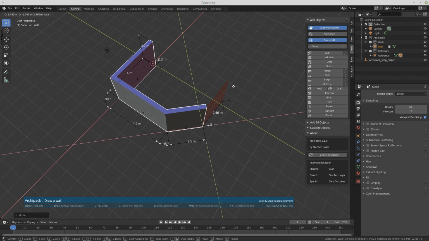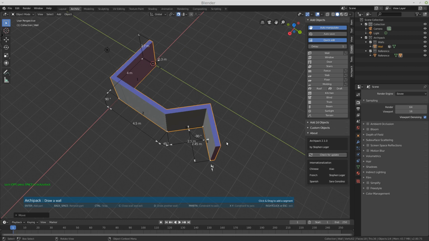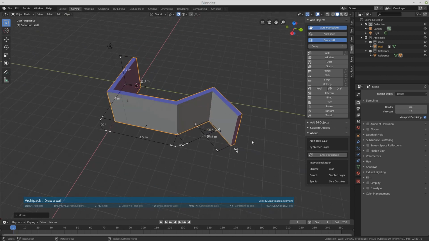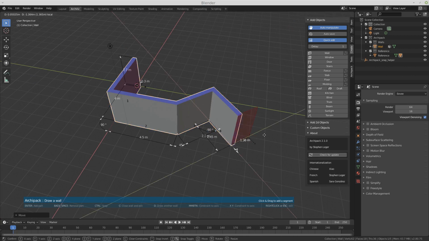Using the X and Y keys, I can use those local constraints, which are basically constrained to the last segment. So pressing Y twice will allow me to draw segments at 90 degrees. I press Y once for the global Y-axis, and twice for the local Y-axis.